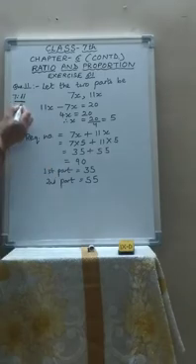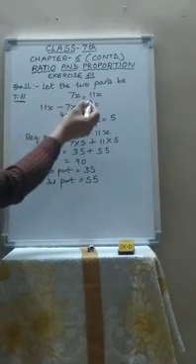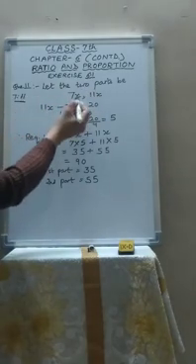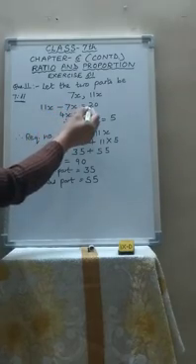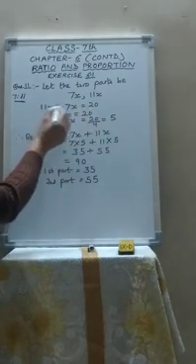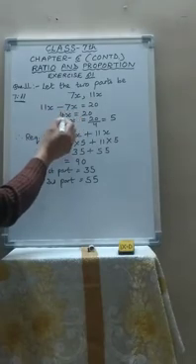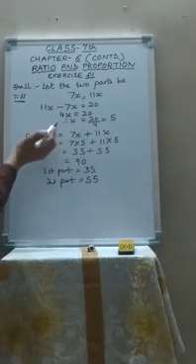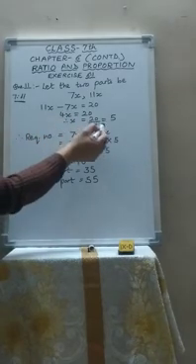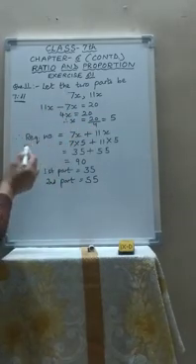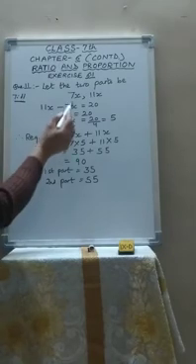So when the ratio is given, we can take the two parts like 7x and 11x. And the difference means minus. So what is the difference? 11x minus 7x. This is given to be 20. Now what is 11x minus 7x? 4x. That means 4x equals 20. So we can find the value of x. That means 20 upon 4. So it becomes 5.